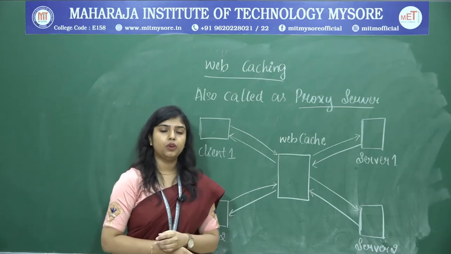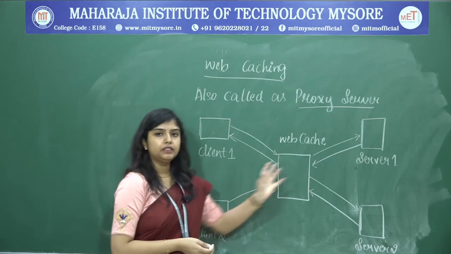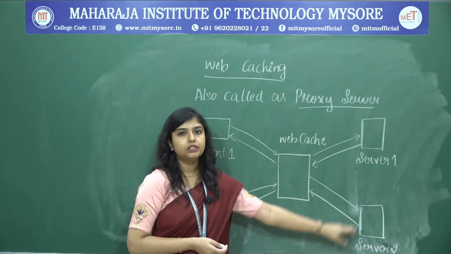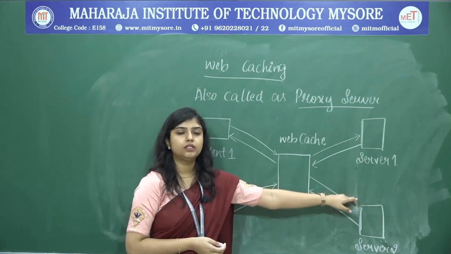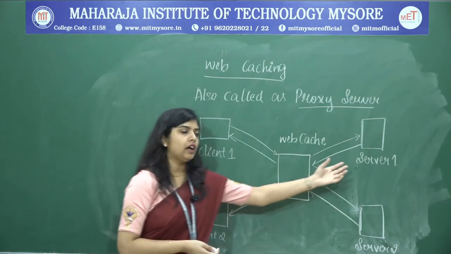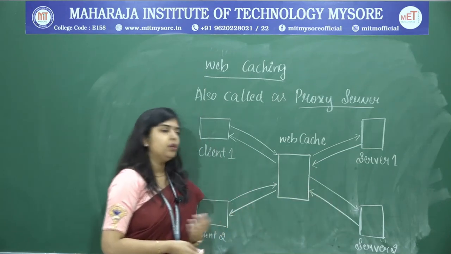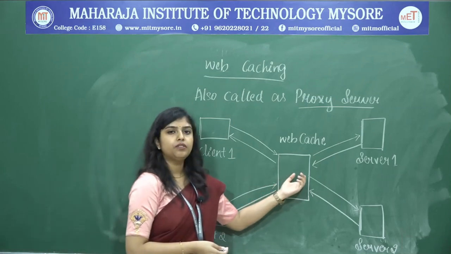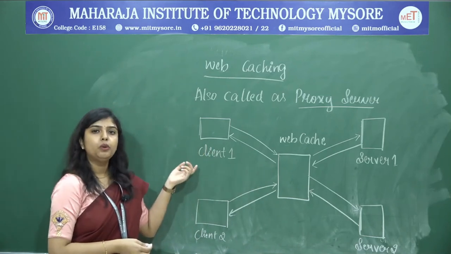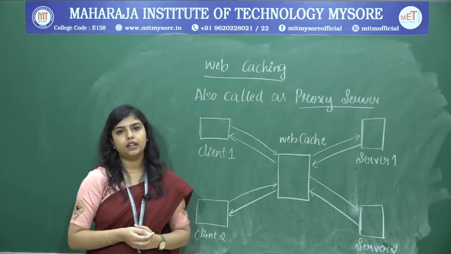Why do we need a web cache? What is the use of having the web cache in the middle? Because there will be limited servers and millions of client requests. The traffic load will be high, which can cause performance loss. That is why, if we have a web cache, the traffic load can be distributed and the overhead can be reduced. One more advantage is that the web cache is fast compared to the server, and the response time for the client will be very low, since the request is responded to instantly.